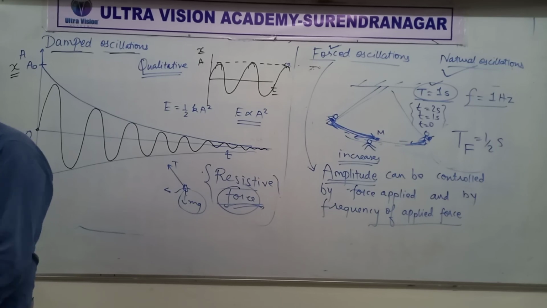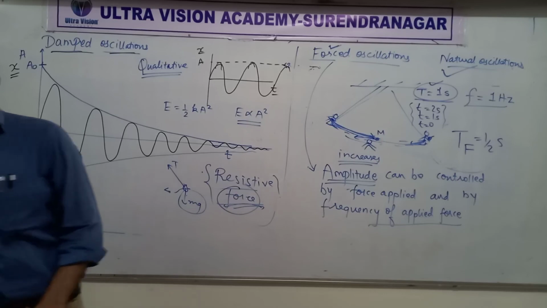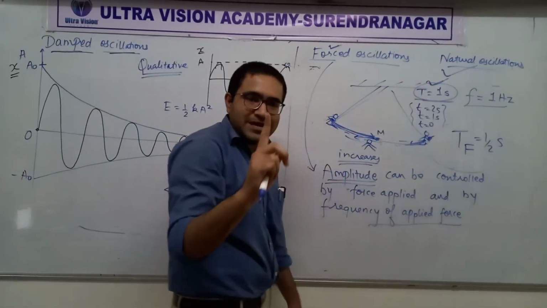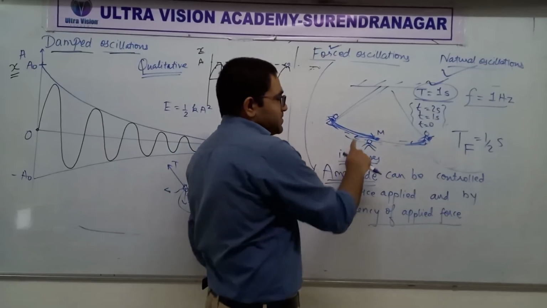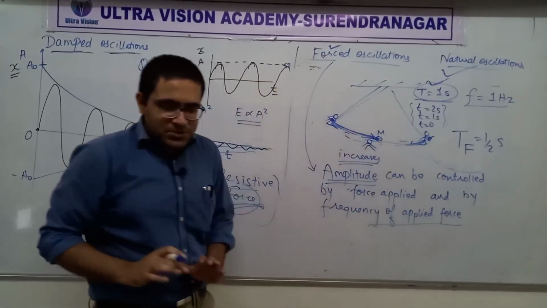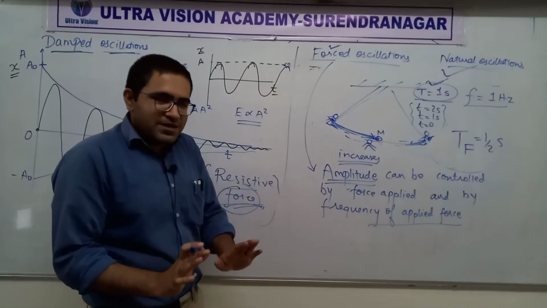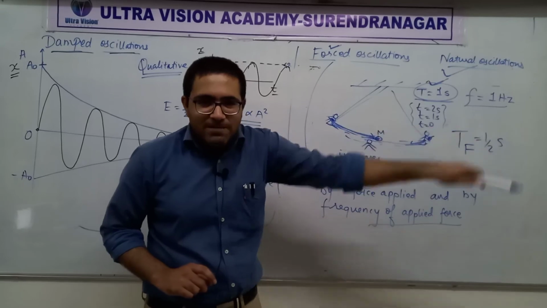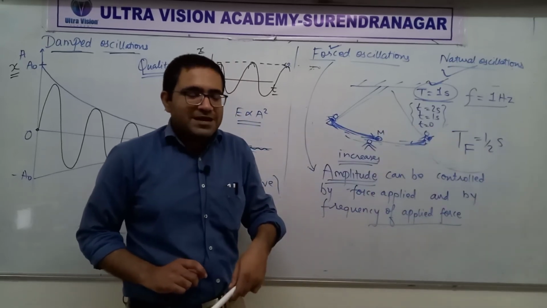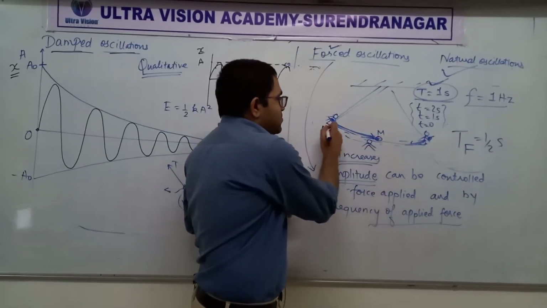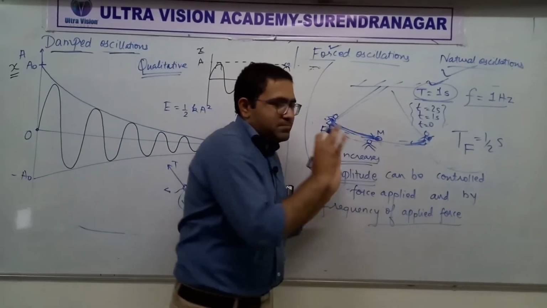Because it is half oscillation. I will repeat. Suppose the time period of oscillation of swing is 1 second. Here the swing was there at mean position, you pushed it, fine. So in half second the swing would go there to amplitude and come back. Yes or no? In half second, the swing would go to amplitude and come back. That is from M to E dash and E dash to M. Clear?